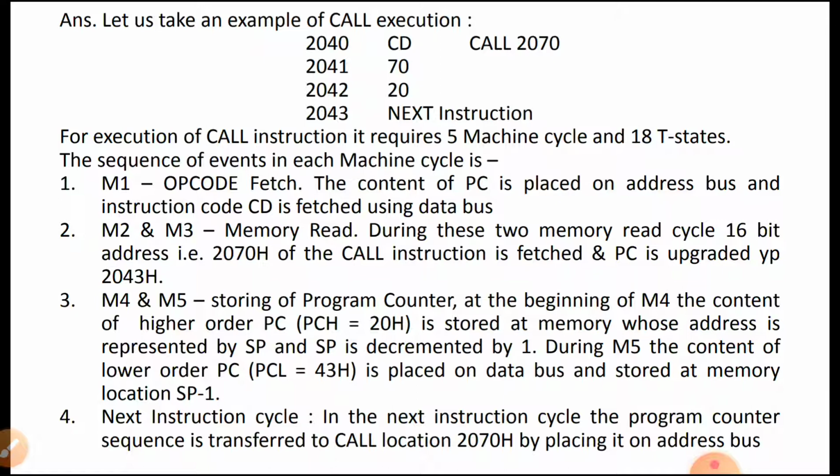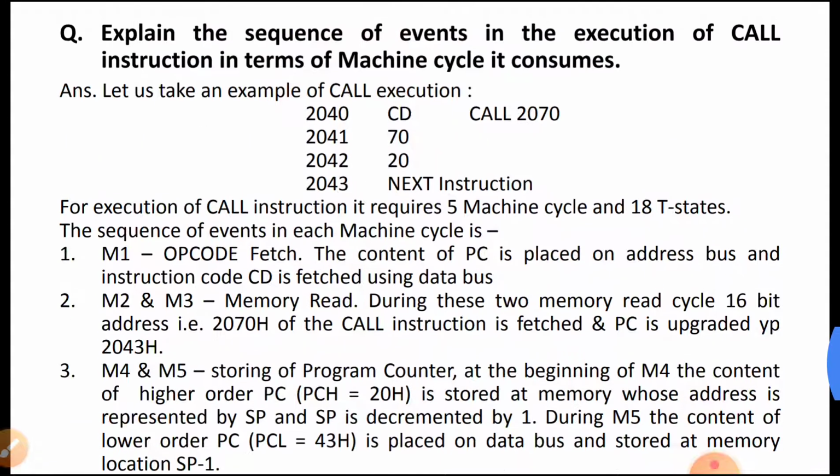In the next 2 machine cycles, M4 and M5, the purpose is to copy the content of the program counter, meaning the address of the next instruction, into the stack.